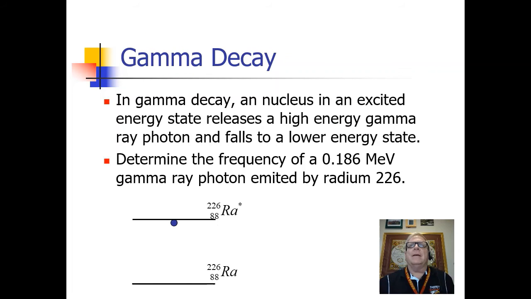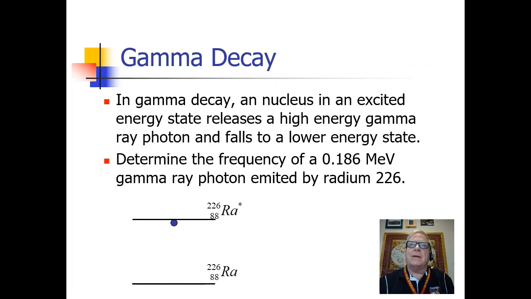So as we said, gamma decay, you usually have an excited nucleus. Usually it's formed from some previous radioactive decay process. That's how you end up with having a nucleus that is in an excited state, just like an atom can have its electrons in an excited state. When those electrons fall down to a lower state, they give up energy. Same thing happening here. You have your nucleus in an excited state, and when the nucleus reverts back to a lower energy state, it gives up energy in the form of a very high energy photon called a gamma ray. So determine the frequency of